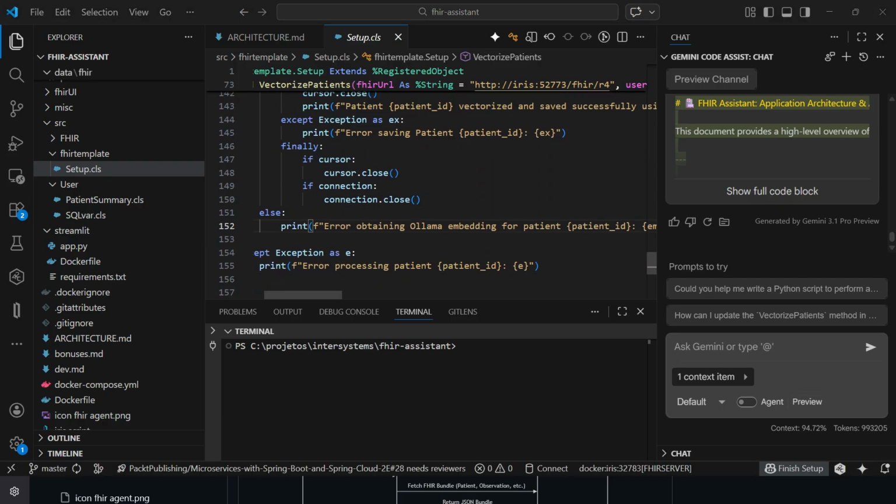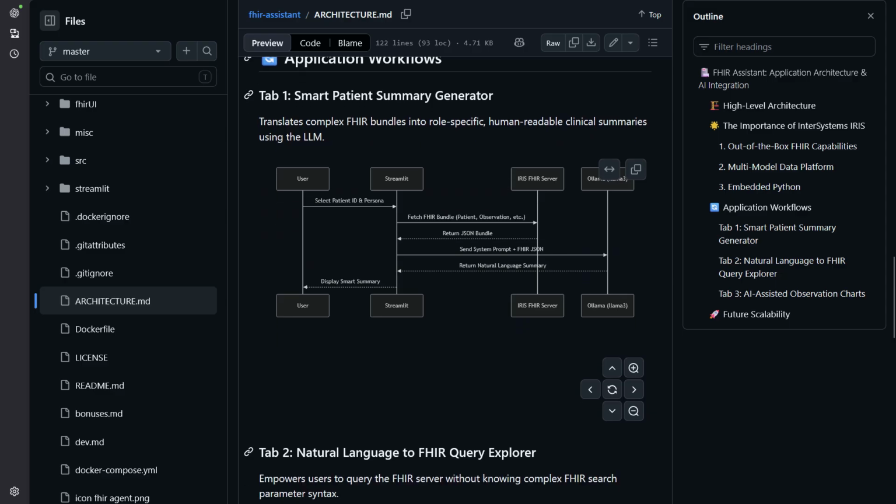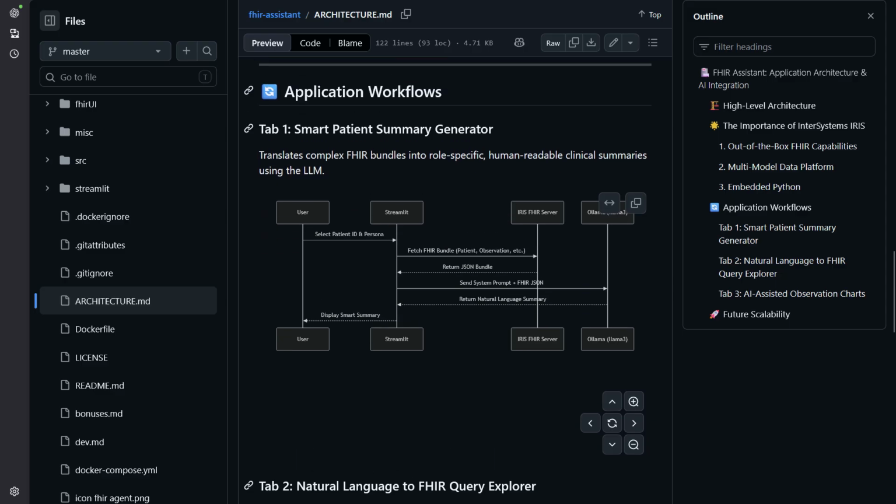Okay. So embedded Python inside InterSystems IRIS is a powerful tool to bring the LangChain and other libraries using AI to meet your requirements. As you can see here, we have a smart patient summary generator, and now you can see that